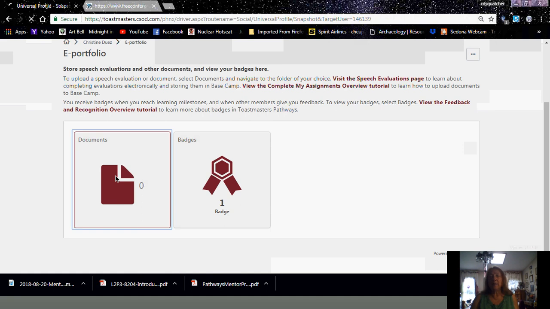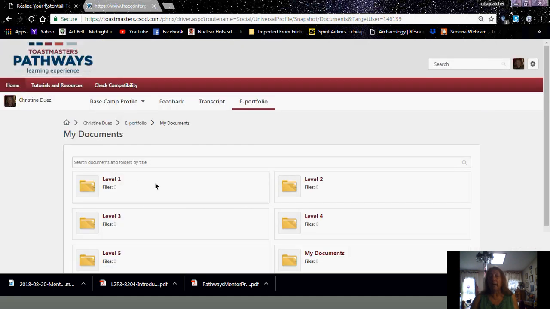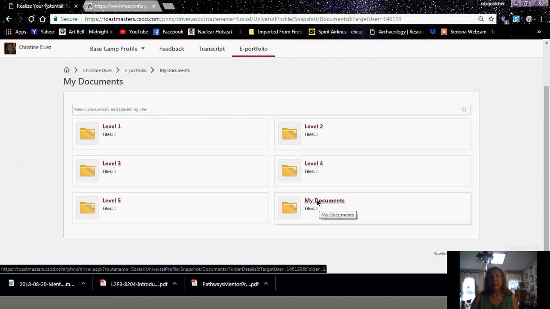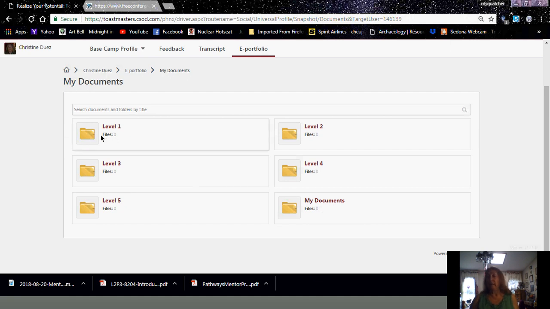This is documents. Now, if I open this up, you will see My Documents. And it has the 5 levels plus this My Documents file. These are 20 megs a piece. This is only for me. So if I want